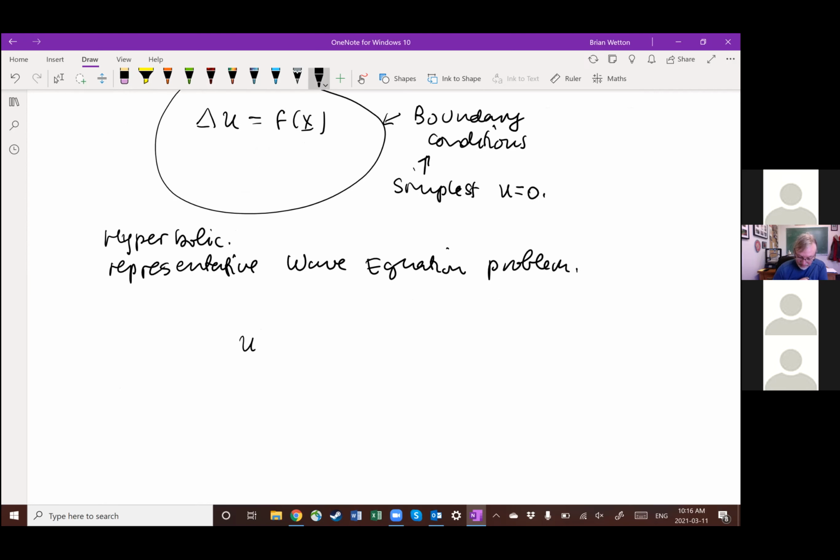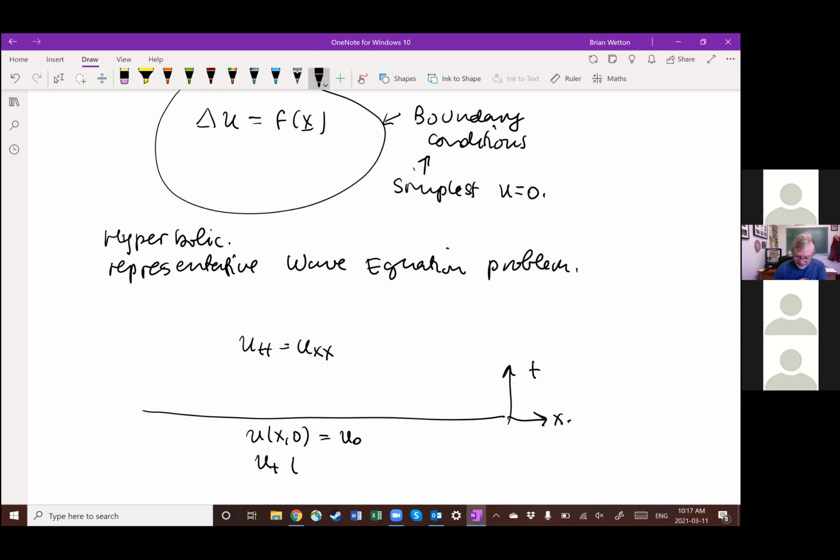Right, that's UTT is UXX. And this is the problem, the framework we're going to look at for this type of problem, coming up with the Fourier transform, is the no spatial boundary condition problem, right? So I'm going to have T and X going this way, right? And here I'm going to give a U